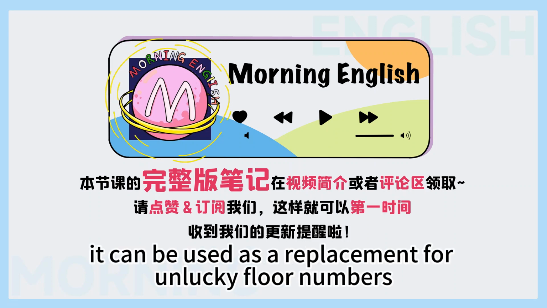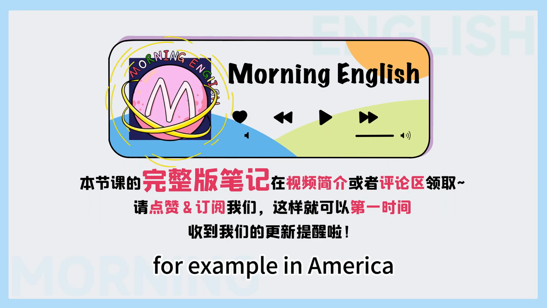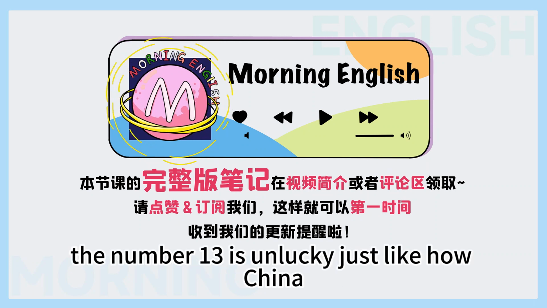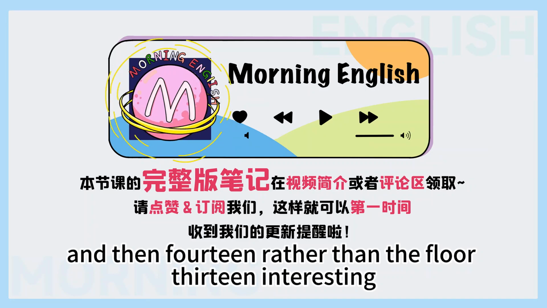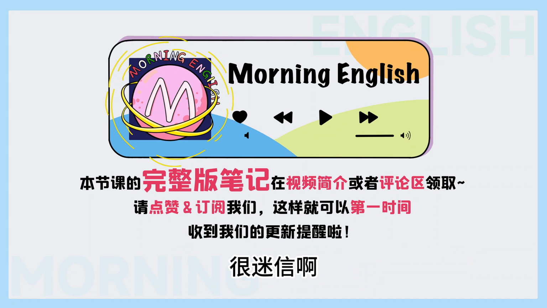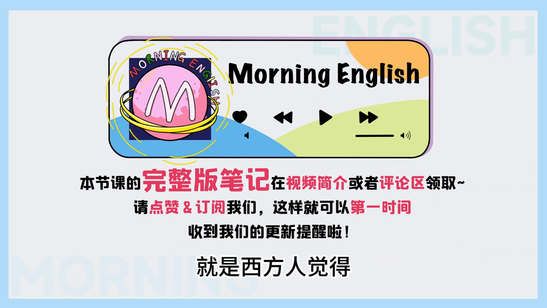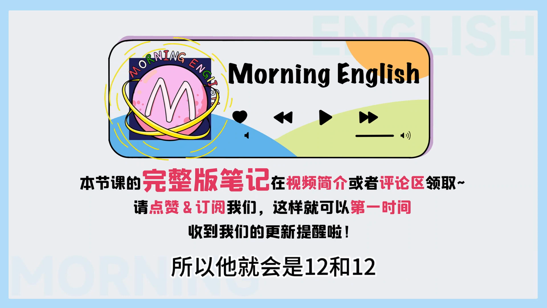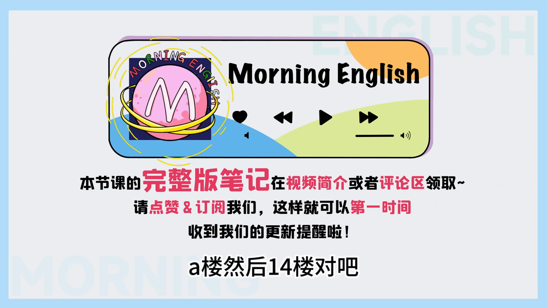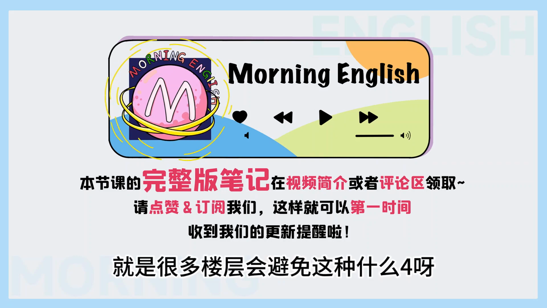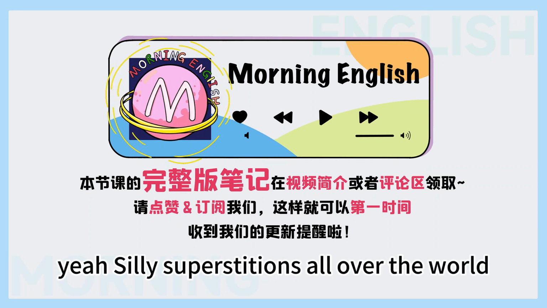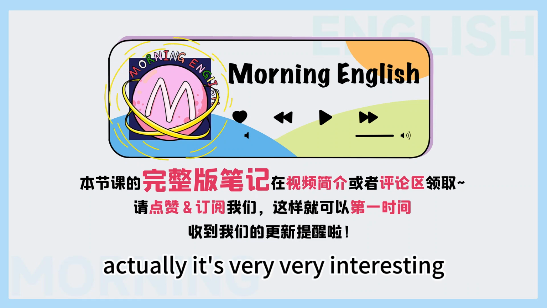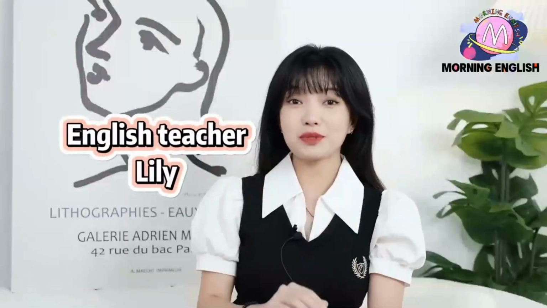So sometimes it can be used as a replacement for unlucky floor numbers. For example, in America, the number 13 is unlucky, just like in China, the number 4 is unlucky. There may be 12 and 12A and then 14 rather than the floor 13. Interesting, right? 很迷信啊。 Yeah. 所以为了避免这个，就是西方人觉得13这个数字就不是很吉利嘛，所以它就会是12和12A楼，然后14楼，对吧？就像中国一样，很多楼层会避免4呀、18呀这种数字，所以他们就会有 superstitions。 Yeah, silly superstitions all over the world. Actually, it's very, very, very interesting. 是的，很有意思啊。